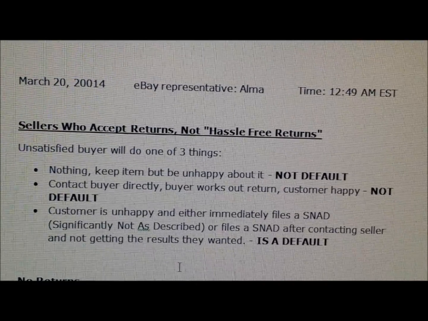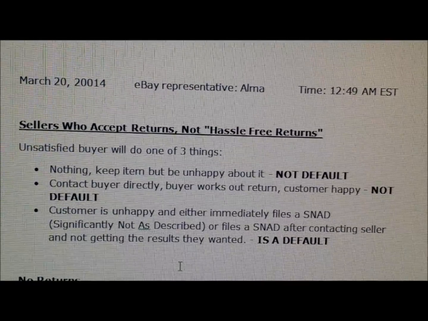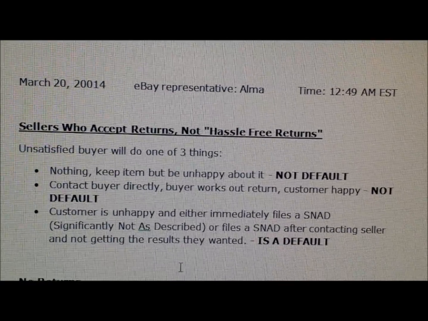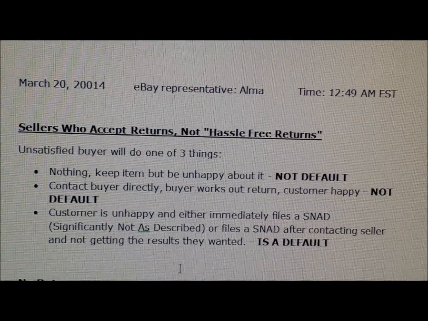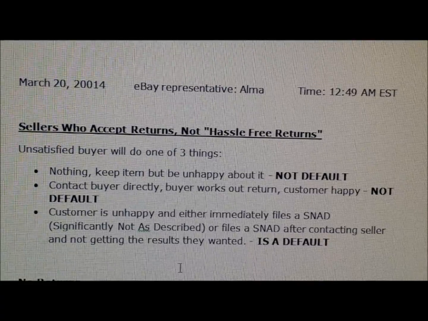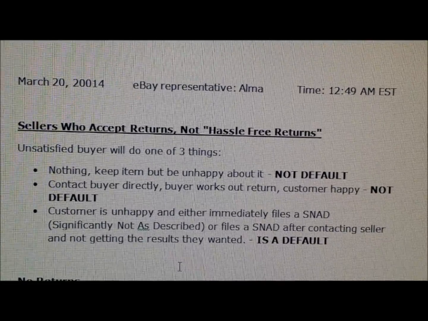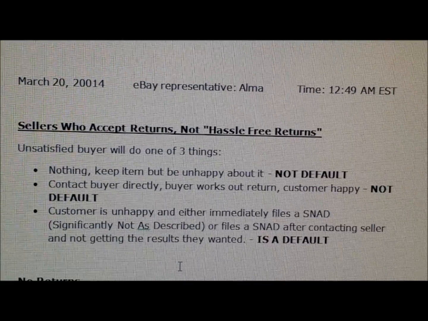They're either going to do nothing and they're going to keep the item and they're going to be unhappy about it, and no, that will not count as a default. Or they will contact you, the seller, directly, and the buyer will work out a return with you and the customer leaves happy or contented enough, and no, that will not be a default.